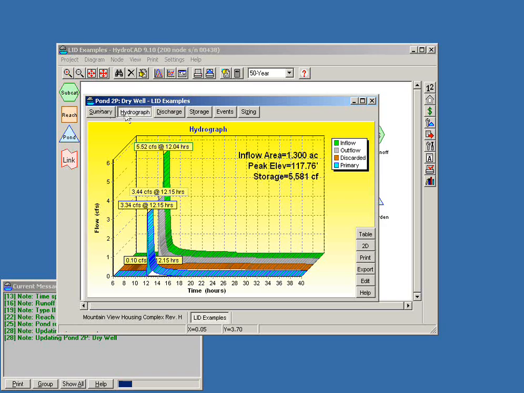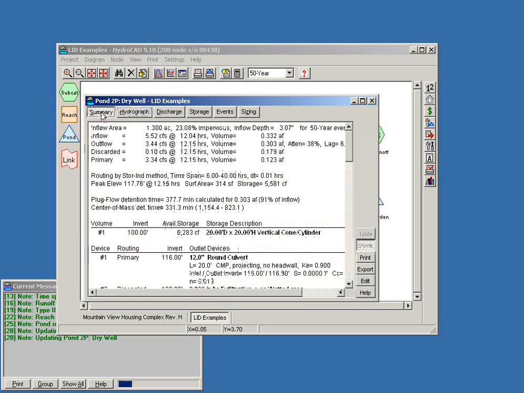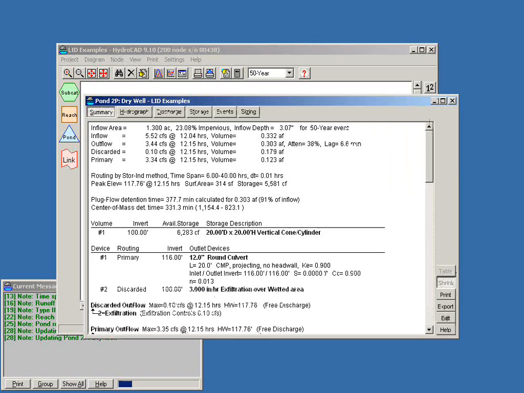And it's actually a pretty similar approach that you would use for rain gardens or most other situations where you're combining infiltration and detention in order to maintain the water flow or minimize the discharge from your site. If you look at the summary, we can see exactly what's going on here. We have a total inflow volume of 0.33 acre feet, and to make that a little easier to understand,